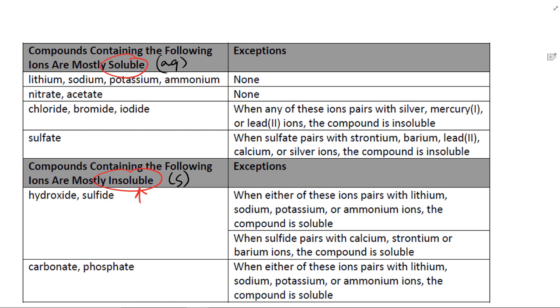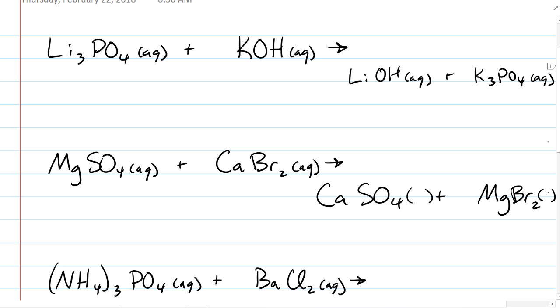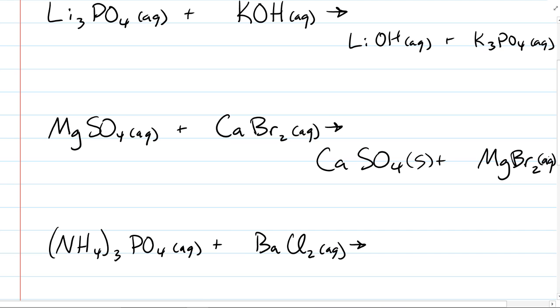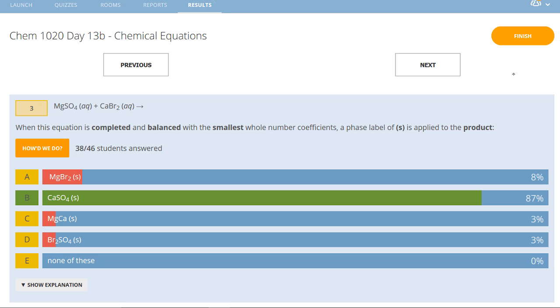However, what else do we see over here? Right, we see calcium. So when it pairs up with calcium, it's going to be insoluble. If it's insoluble, the phase label is an S. This one here is AQ. Then if we look at the last one,